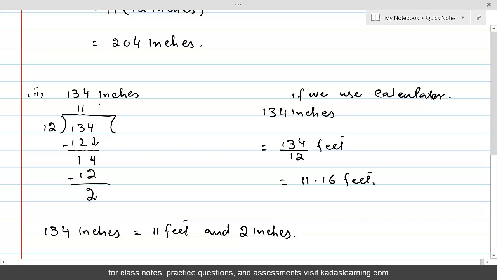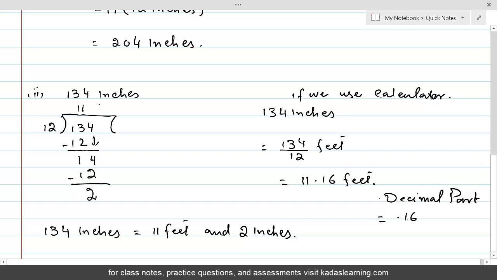Now we can understand what 11 means, but 0.16 doesn't make sense to us, because we know that 0.16 is a fraction of a foot, but how big we still don't know. If we need feet and inches, we can take the decimal part. So the decimal part is equal to